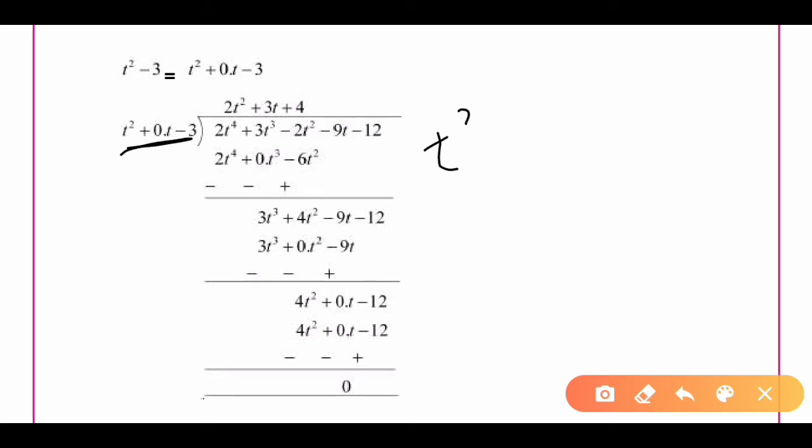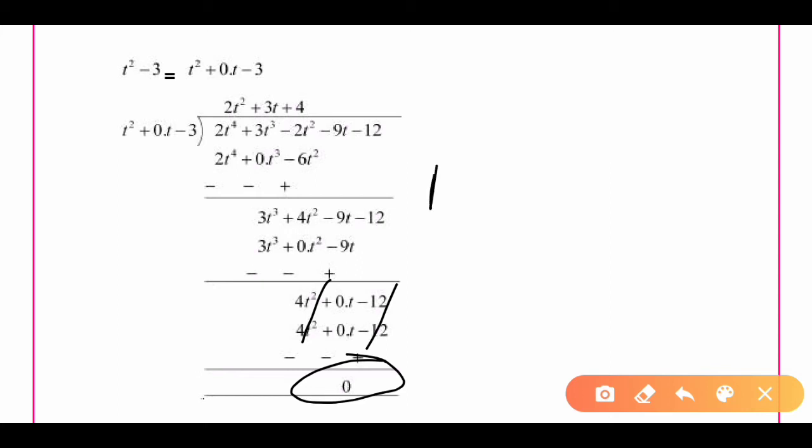So we have t square minus 3. For getting the 4t square, we will multiply it by 4. Clear? So after multiplying, you will get 4t square minus 12. After replacing the signs, here we have positive, we replace it by negative. This one is positive, we will replace it with negative. This one is negative, we will replace it by positive. So both the terms are equal, then they will cancel out each other. So we will get 0 remainder.